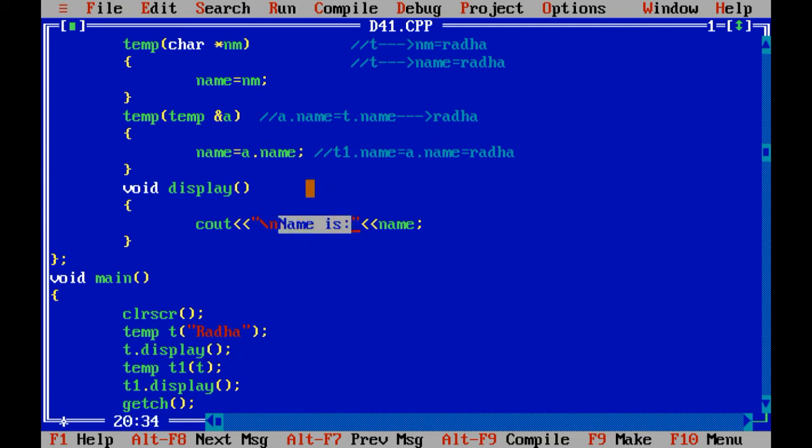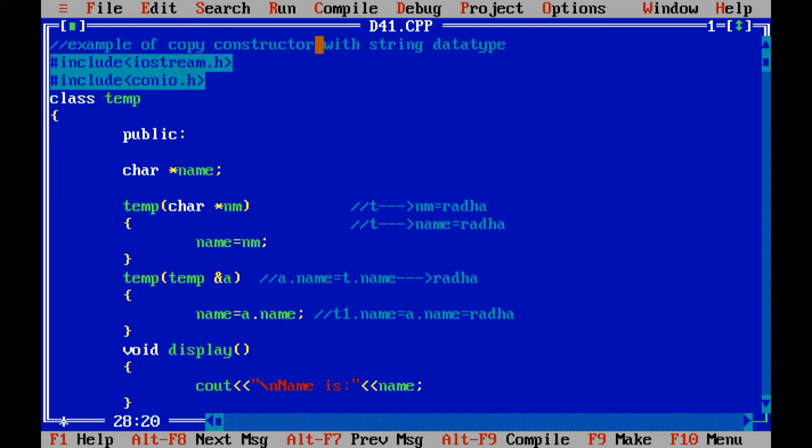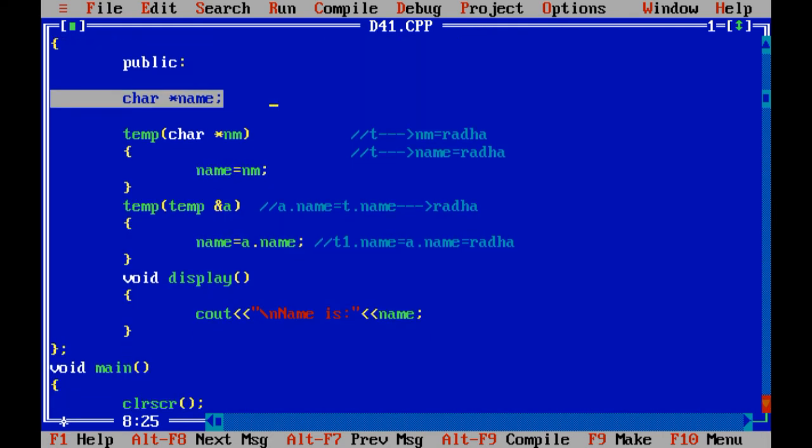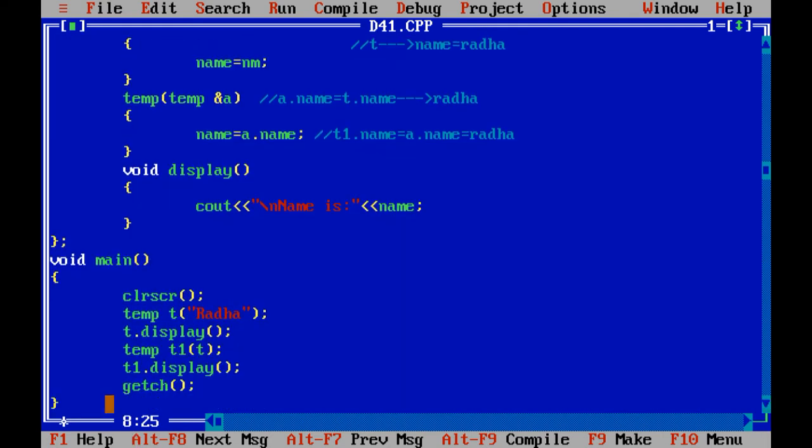Now I want to copy the same thing inside the other constructor, because our concept is what? We are going to copy the constructor with which kind of data type? String data type. So I have used the character pointer name over here, because we want to work with the string data type.